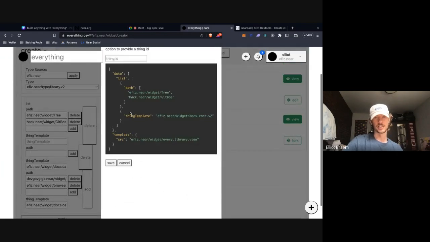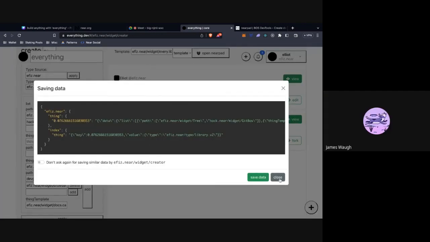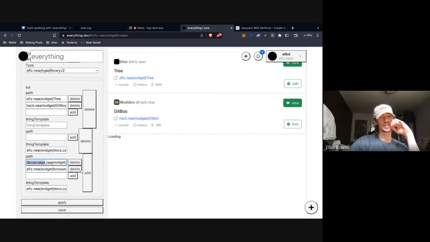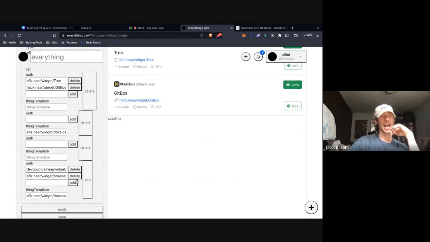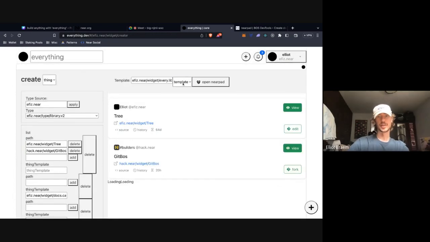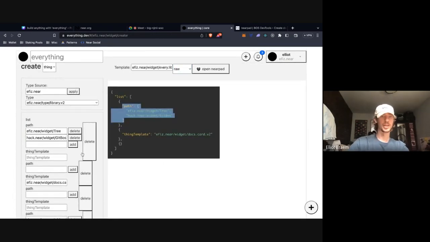We could save this right now. Yeah, for some reason that second path isn't saving. I might have messed you up. Did you put in a different account ID than dev.gov gigs for the other one? Is that why? Because I said something wrong earlier. No, you see this when I'm clicking add and it's creating this up here. This is strange. That's not supposed to happen. Oh, okay. Like we can see in the raw that only that first library is being added, the second one isn't.